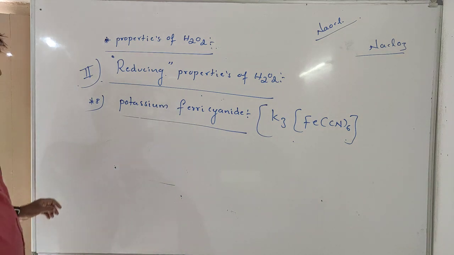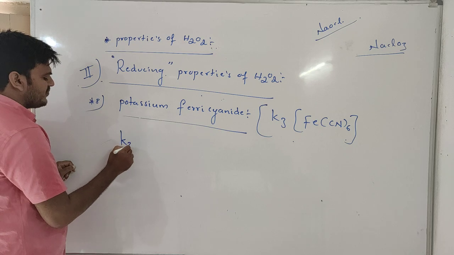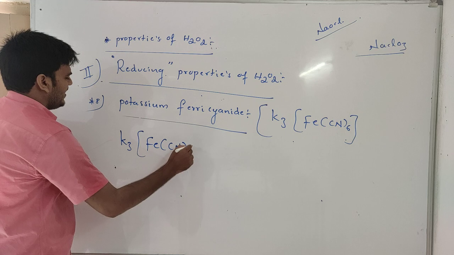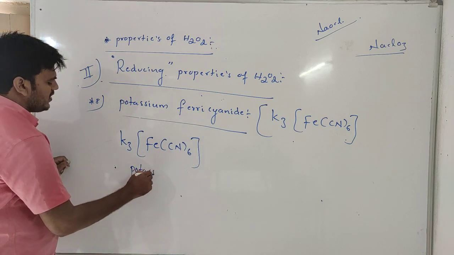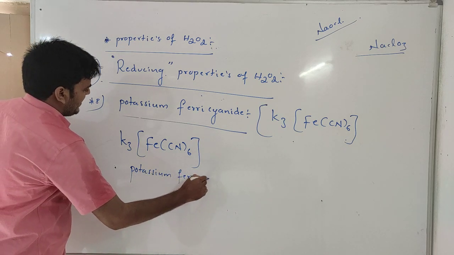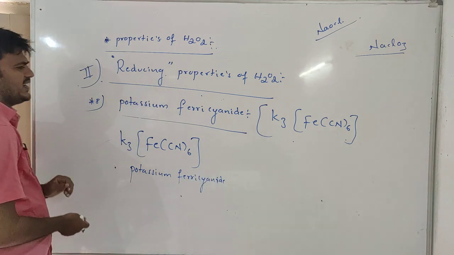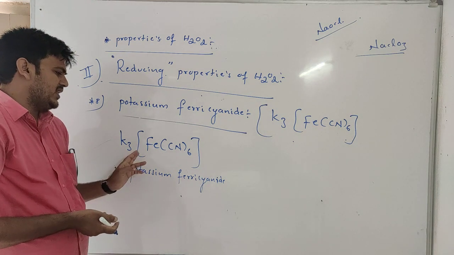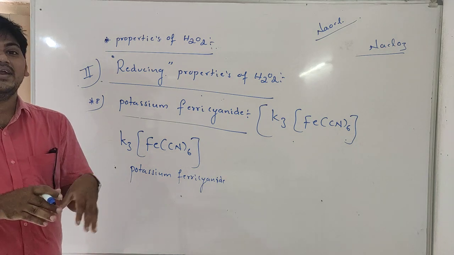First of all, potassium ferricyanide, formula K3FeCN6, and the compound name is potassium ferricyanide, not ferro. Formula K3FeCN6. But in the presence of a basic medium or alkaline medium,